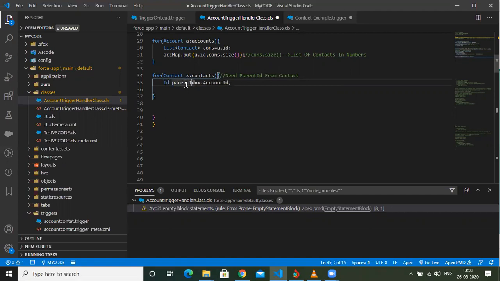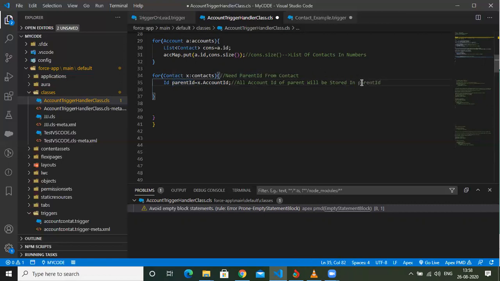So basically, the account ID of this contact will be stored in parent ID. That I also commented: account ID of parent will be stored in this parent ID.